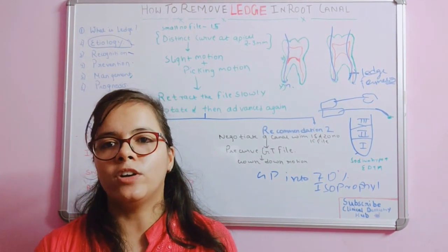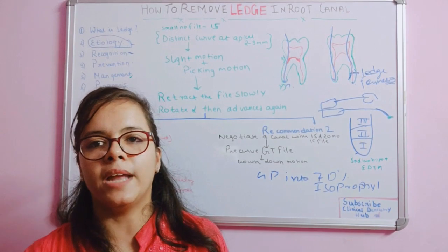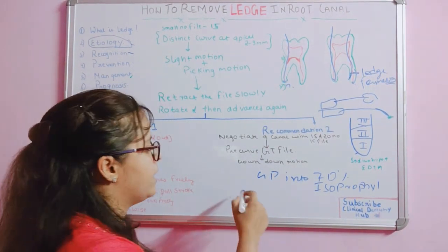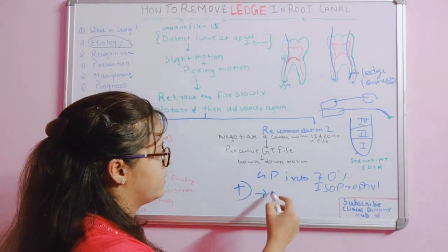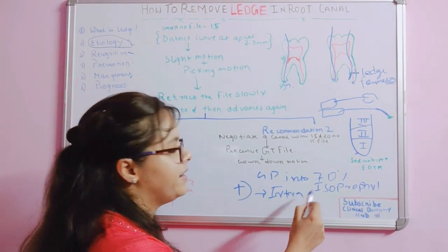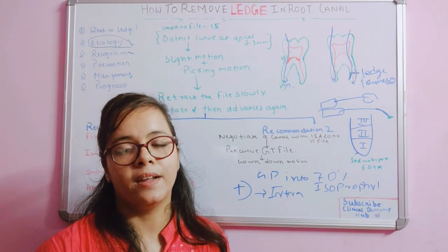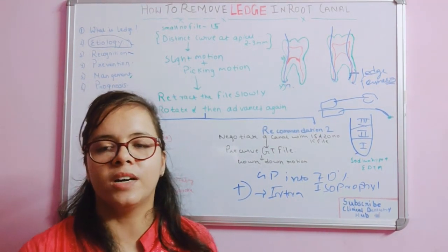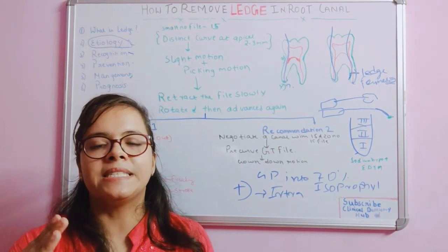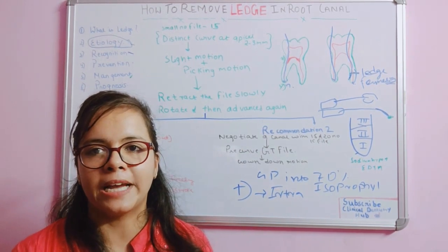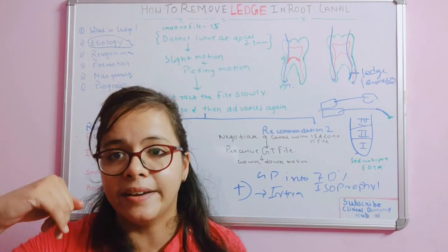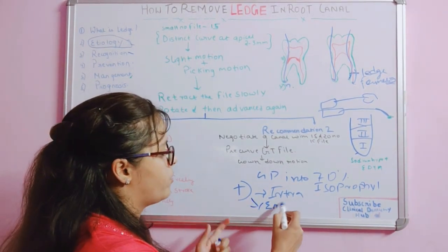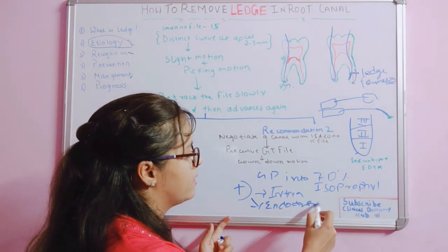So when you go for the endodontic surgery, first, before going into the endodontic surgery, one point to be kept is that you should use intracanal medicament at that point. Just insert the intracanal medicament at that point. After 8 to 12 months, you will see that there is reduction in the periapical pathology. If you do not see any reduction in the periapical pathology, then you have to go for endodontic surgery.